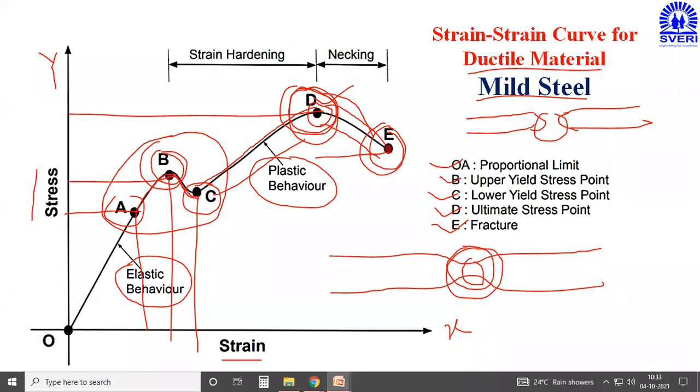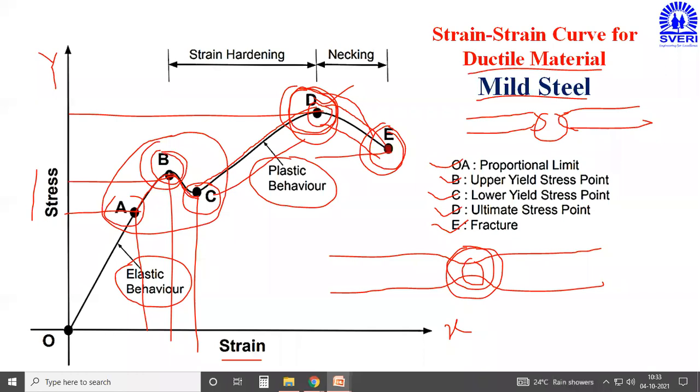Please keep in mind, in case of a ductile material, the upper yield point will be considered as a maximum stress point. Point D will not be considered as a maximum stress point. It is looking at the top of the B, but at the D, actual nick formation is taking place. Here the breaking of the material has started to be visible. That breaking is already started. Therefore, that will not be considered as a maximum stress point.